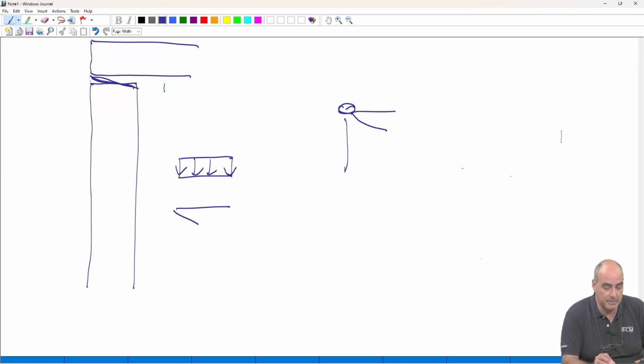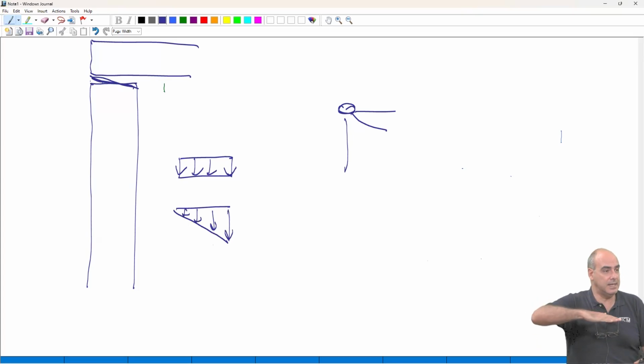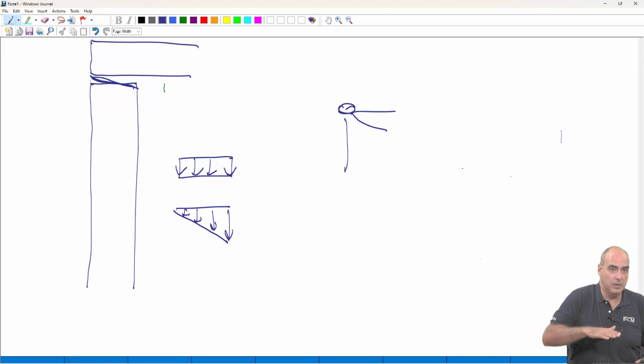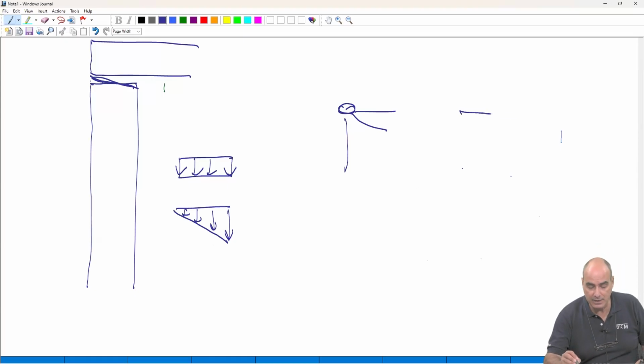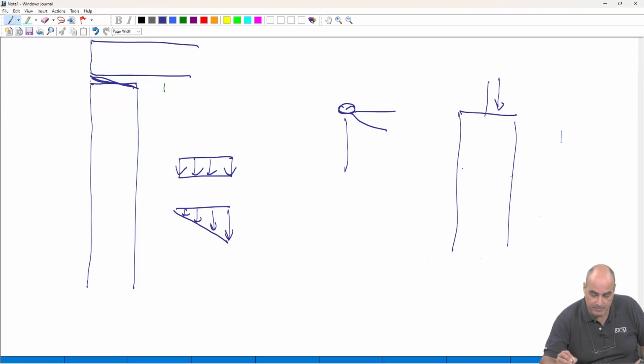You will likely have something like this. Because when it rotates, it will tend to push a little bit more downward and to relieve a little bit backward. So actually, at the top of your cross section, you will have